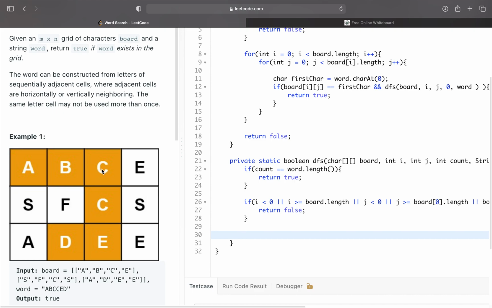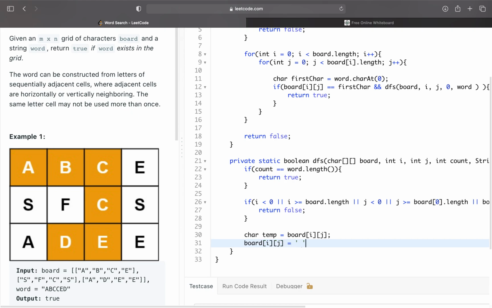Not the letters, the letter C itself, in a temporary variable, and then mark this spot as empty, and then continue doing our recursive calls and make sure to restore this C at the end of that. So I'll say char temp equals board at ij. So this will store my letter C, and then I will mark the spot where the C is as empty,